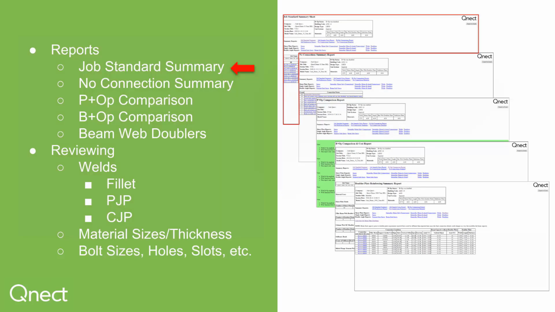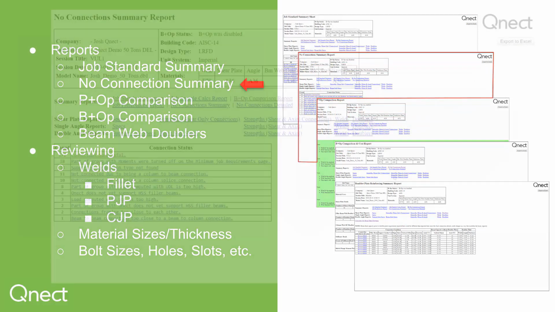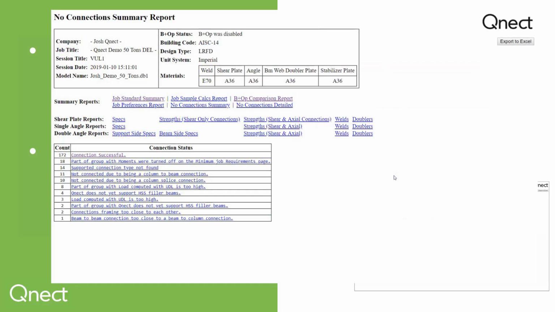Let's now move on to the no connection summary. Okay, now we'll look at the no connection summary. So as you can see, there are 172 connections that were successful. And then let's dig in and find out why some of the connections that did not appear could not be